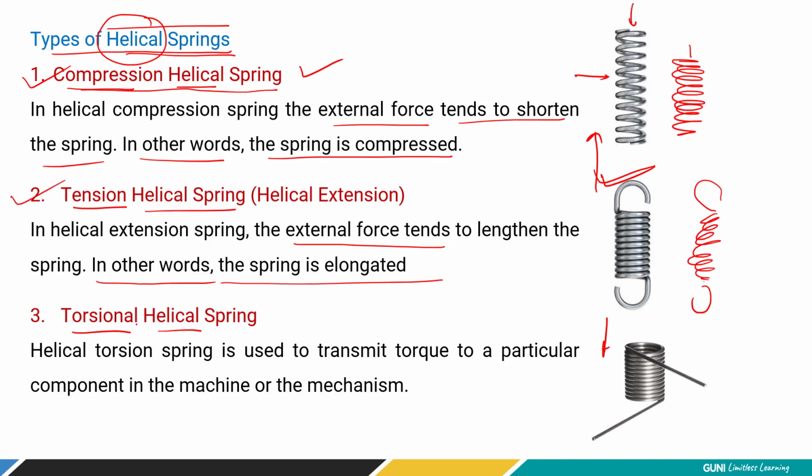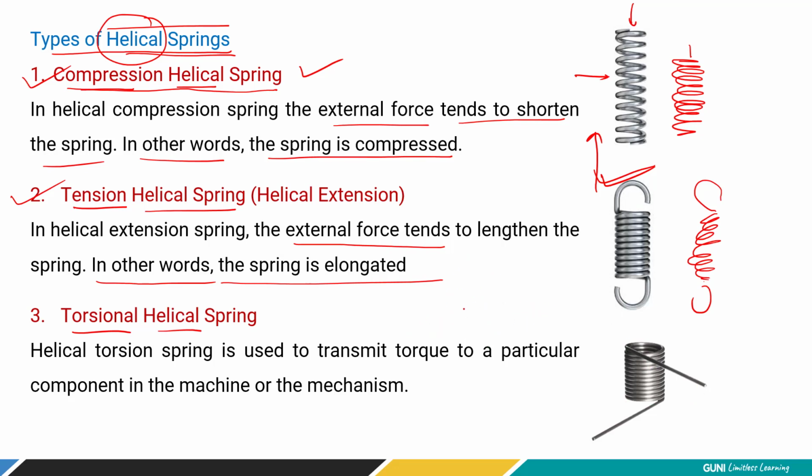Now the third type is torsional helical spring. Now simple, just recall the punching machine, paper punch, right? You must have tried it, right? So there, or even bicycle brake, right? Let me draw over here. I hope this is handle, this is brake. Here a small spring of this kind is provided, right? So that this brake handle will remain in position. Even in the punch machine, we are using this torsional spring, right?